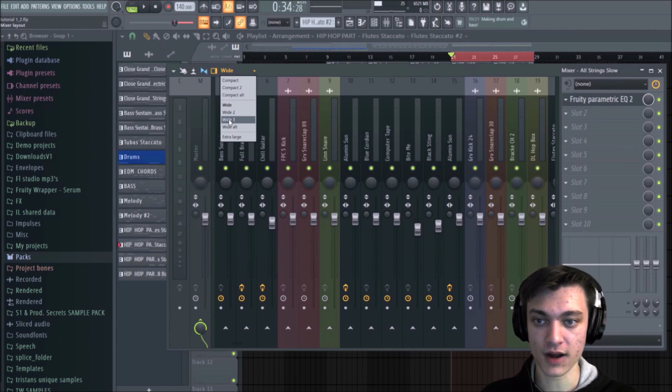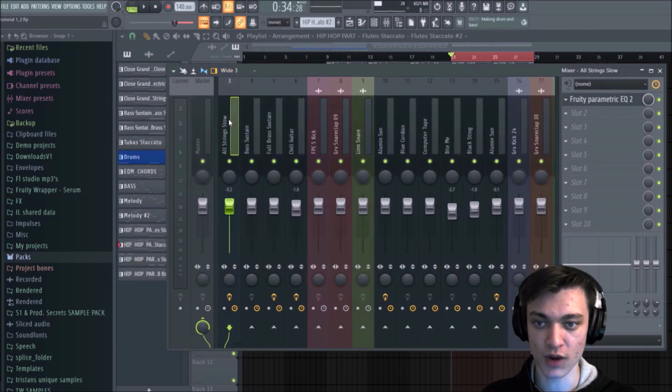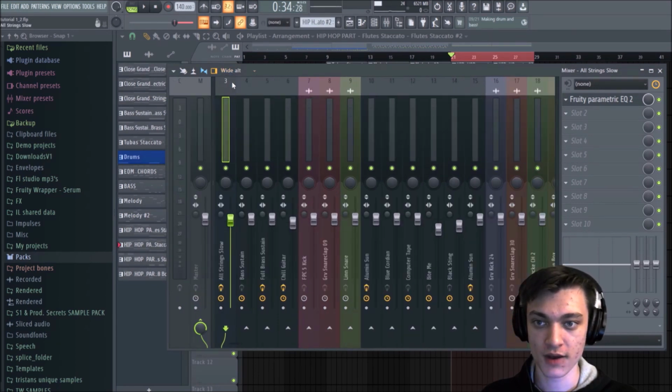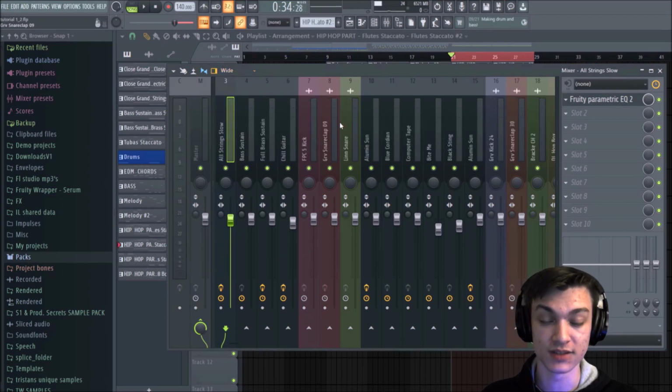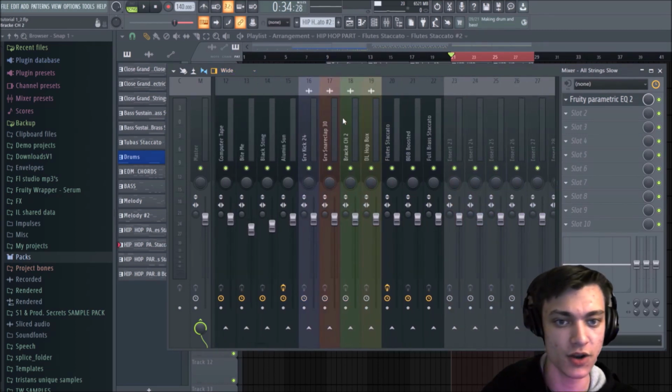And then you have different settings here. I use wide, but you can use wide 3, you can use wide alt. All of these different things are going to show you different ways that you can organize your mixer. So right here,